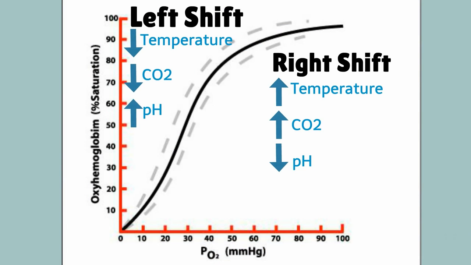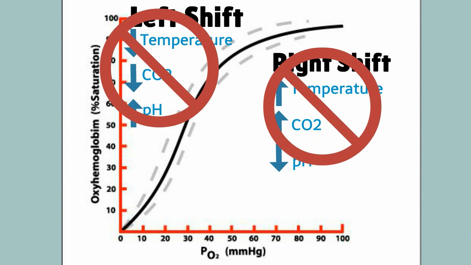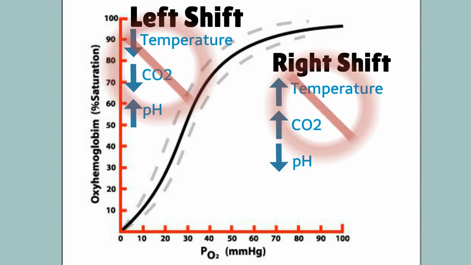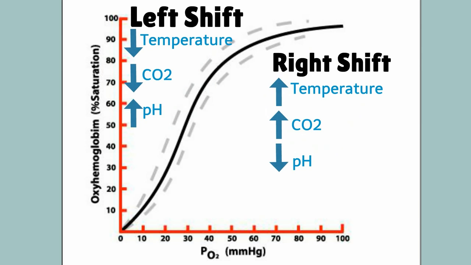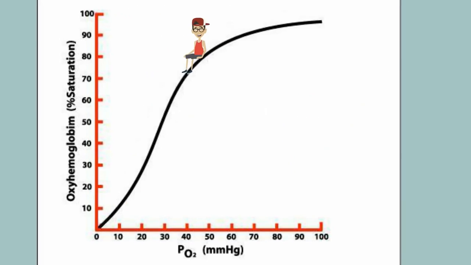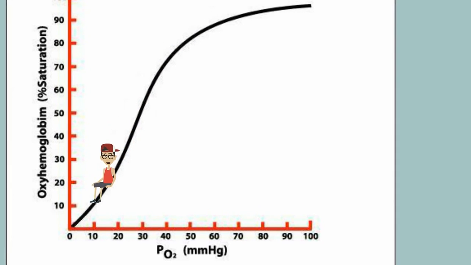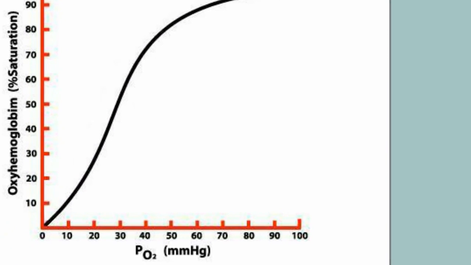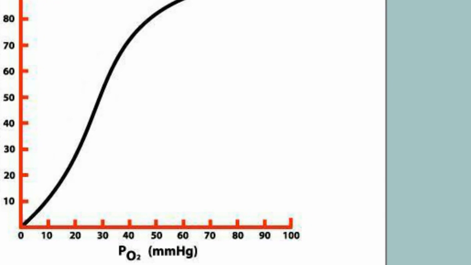So the goal is not to allow the graph to shift, and if it does, you can correct the CO2 and/or the temperature to help bring the graph back to normal. Well, there you have it, the dissociation curve, a fun tool to help you, the practitioner,